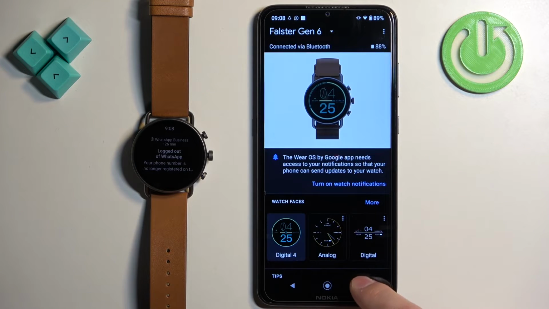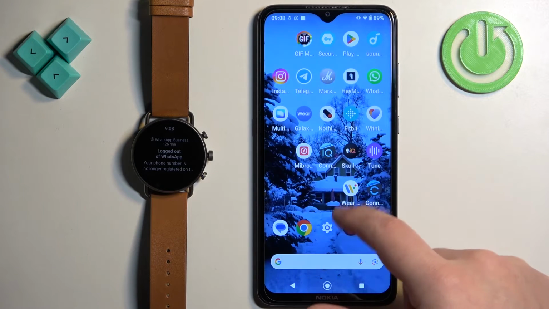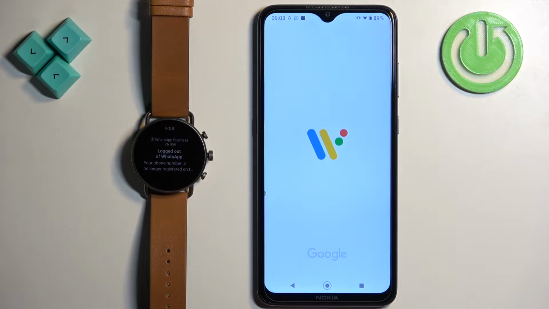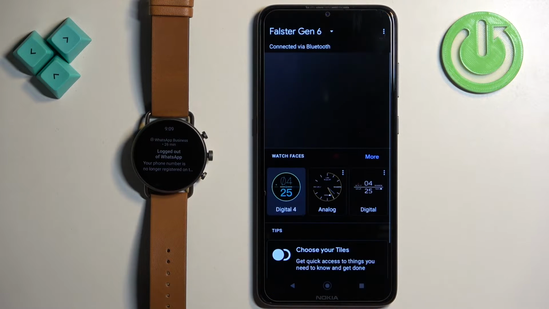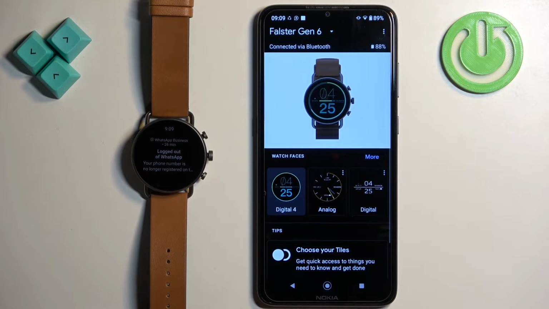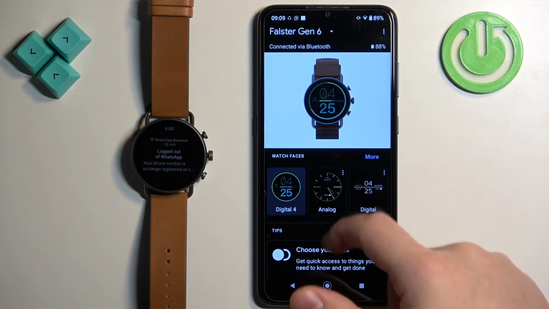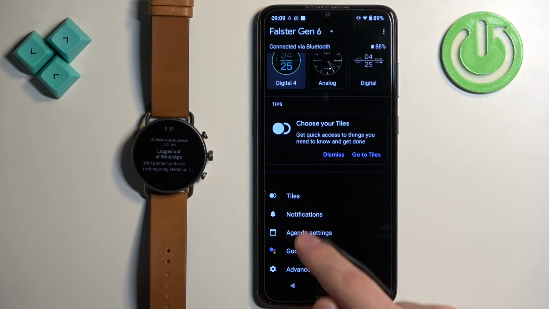After you allow the permissions, you can close the app and reopen it. And once you reopen it, and there will be no messages left, like here, that means that the permissions are allowed and notifications should be working. So now we can scroll down, tap on notifications,